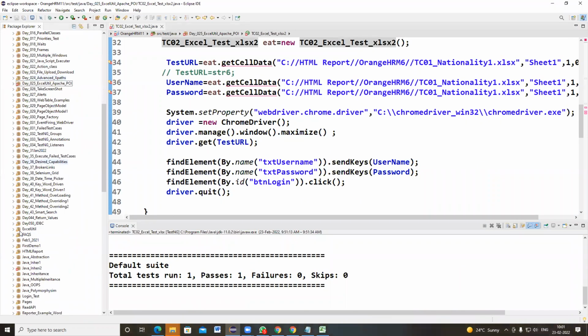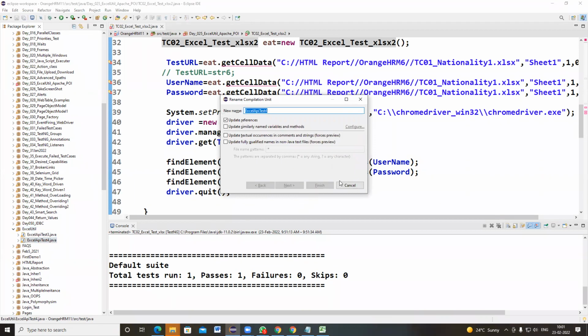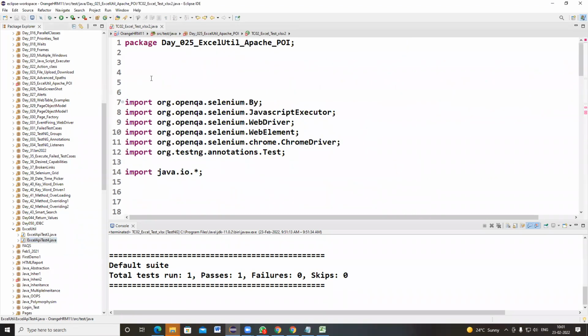So now what I am doing is, there is a package named Excel util. There are two Java class files: Excel API test3 and Excel API test4. I'm going to copy the file name of Excel API test4, Control C, and go back to my program here and write import.